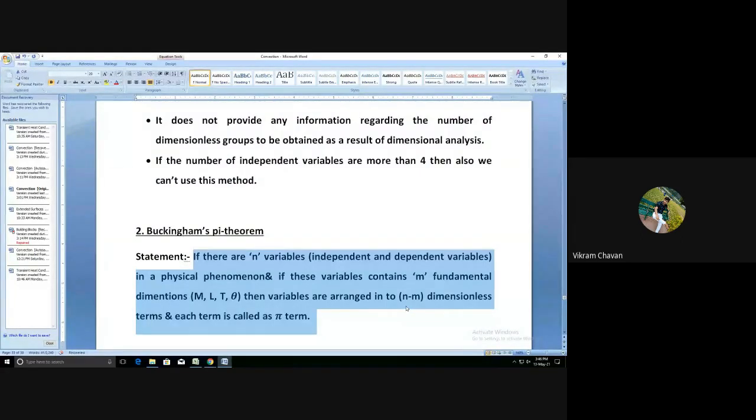Write down the statement. If there are n variables, independent and dependent variables complete, in a physical phenomenon,